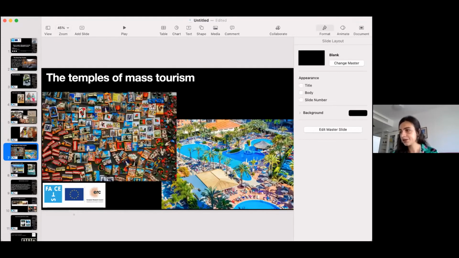So in the classical representation, the clumsy search for the place's essence inevitably ends up in the so-called temples of fake, such as gift shops, resorts, those places around what MacCannell, pioneer of the semiotics of tourism, called staged authenticity. In the mass tourism representation, the tourist is the subject of the vision, always equipped with a camera, whose gaze is noisy, intrusive, and disrespectful, and ultimately condemned to fail in the willingness to get to the back region where an alleged authenticity rests. So mass tourism obviously has been scorned and mocked from all sides,